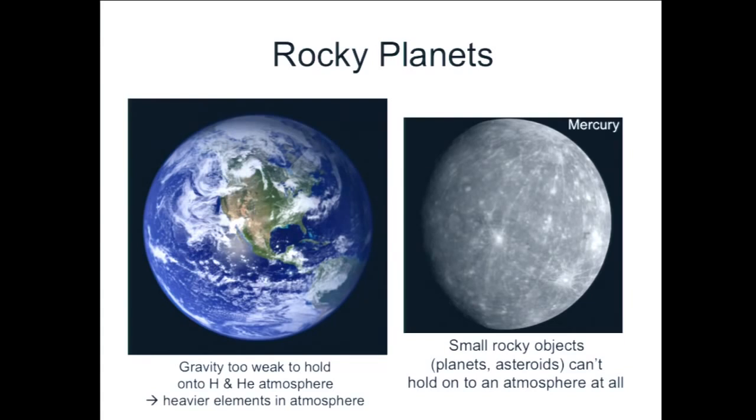Mercury's gravity is weaker than the gravity of the Earth. Mercury wasn't even able to hold on to an oxygen and nitrogen atmosphere. It has essentially no atmosphere. So bigger rocks are able to hold on to some gaseous atmosphere. Smaller rocks don't have a gaseous atmosphere at all. Right. So for close-in planets, part of what happens is that the atmospheres get heated up so much that they do evaporate off the planet.